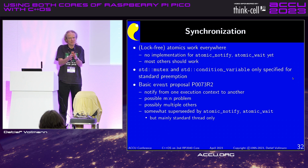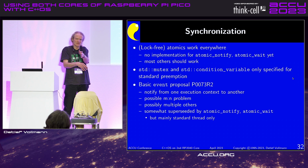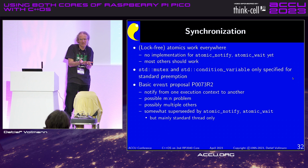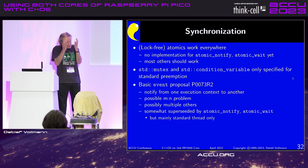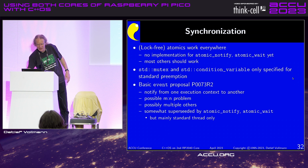Assume you have a queue and you have a coroutine waiting on it and you have a normal thread pushing into it. How do you communicate between those two? There's currently no mechanism for that. Well, we actually had quite some time ago, you see that if you look at the number, we had a proposal,